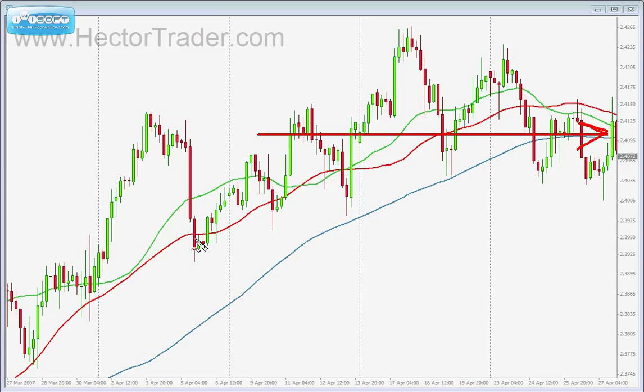The 50 simple moving average had warned me in advance. The 50 simple moving average is my friend. It tells me when to stop messing around, and when to stop considering any possible entry, because the trend is losing strength. And this was very clear. Here I had my early signals of indications